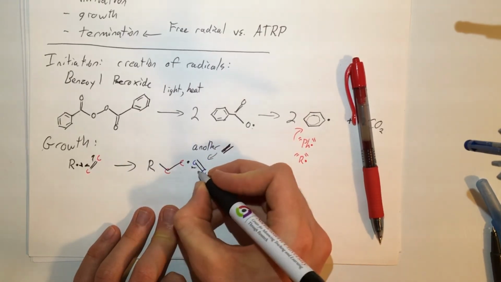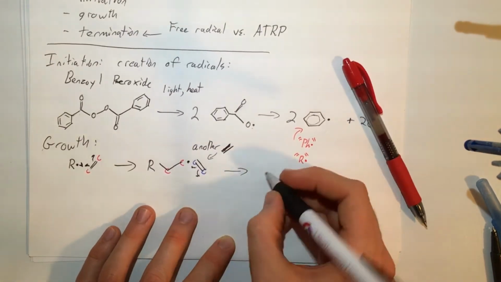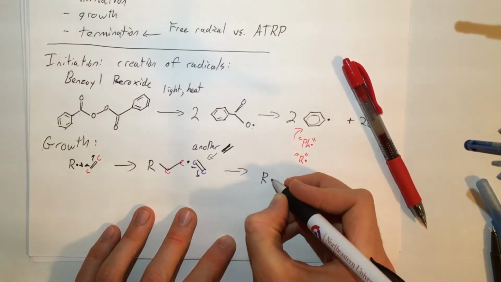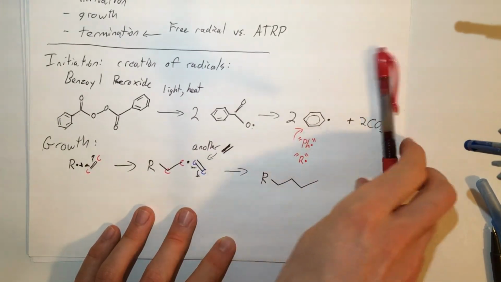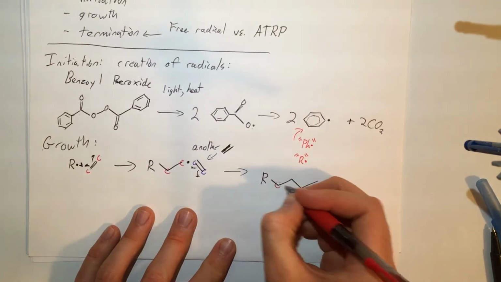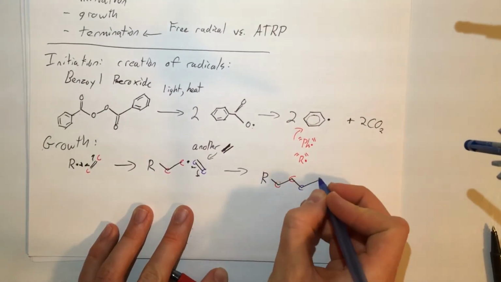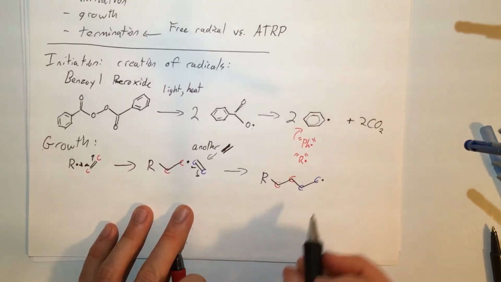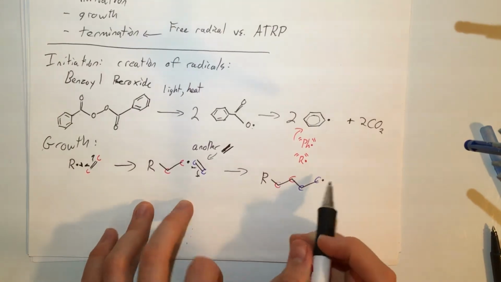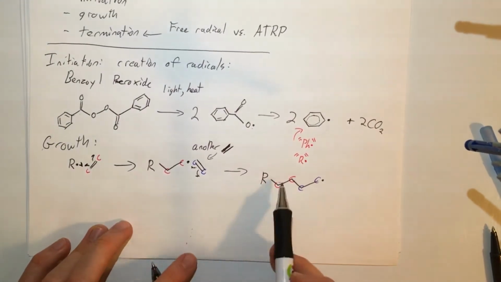So we get the same thing happening. And then we still have our free radical on the end. So this can continue, and in fact it does continue, like thousands and thousands of times, until we've built up